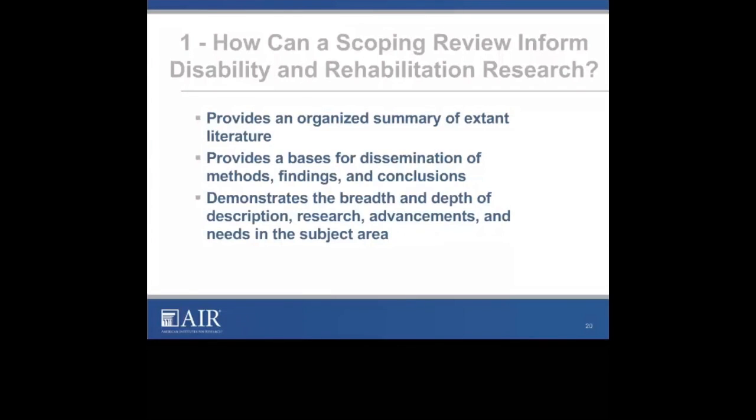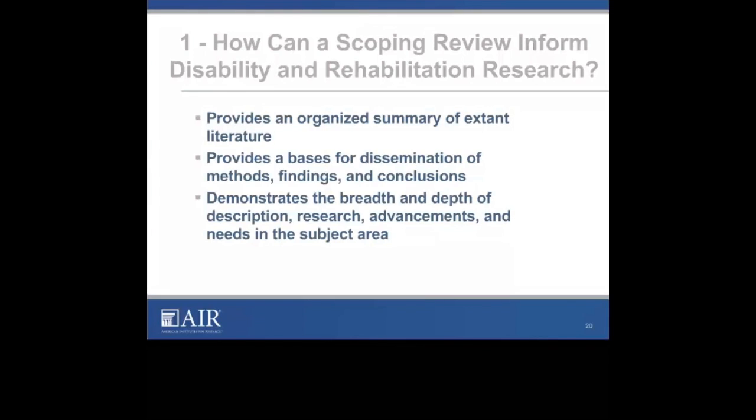It also informs us in terms of the breadth and the depth of the issues that face a field. There's kind of two measures, if you please, of understanding existing research. There is this horizontal dimension, which is the breadth of knowledge that is available to us, and the scoping review focuses on that. The other way to think of it is vertical, and that is the depth of it.